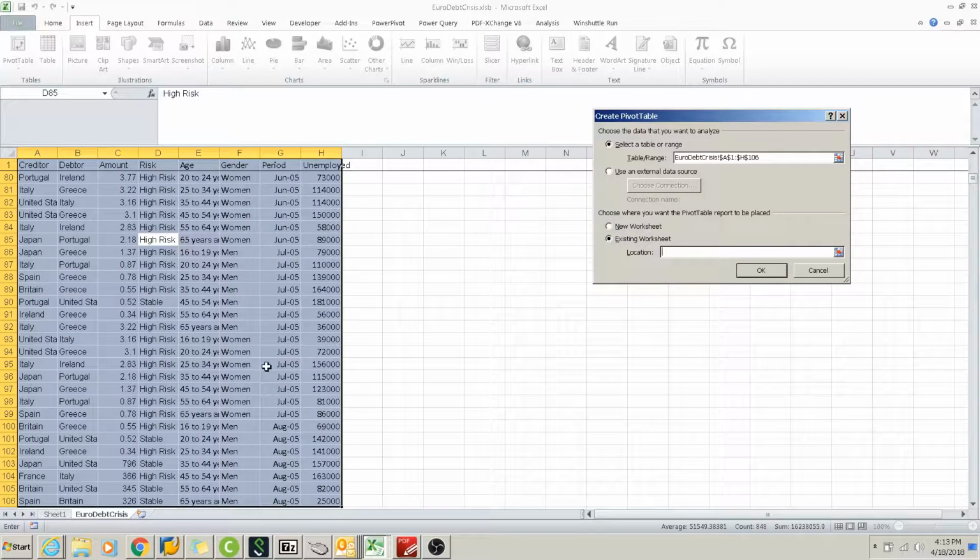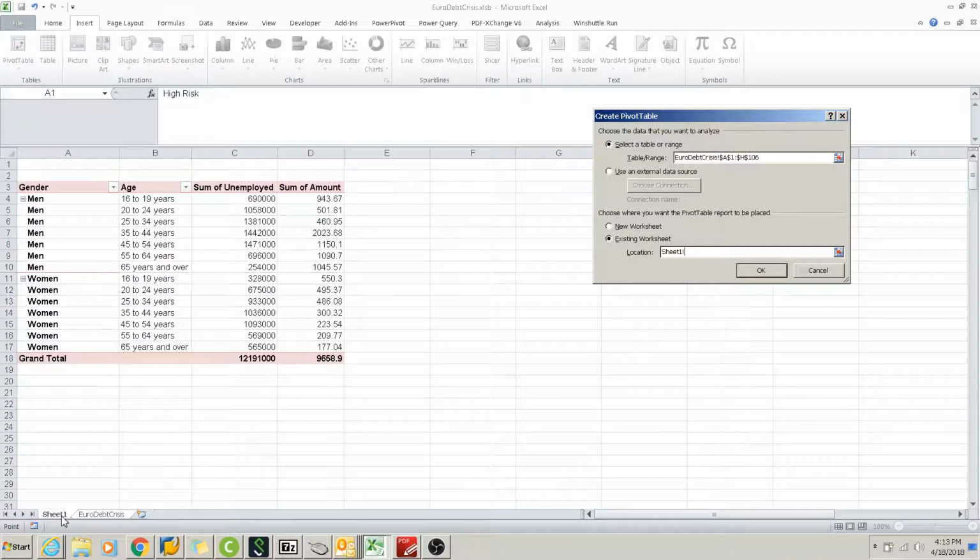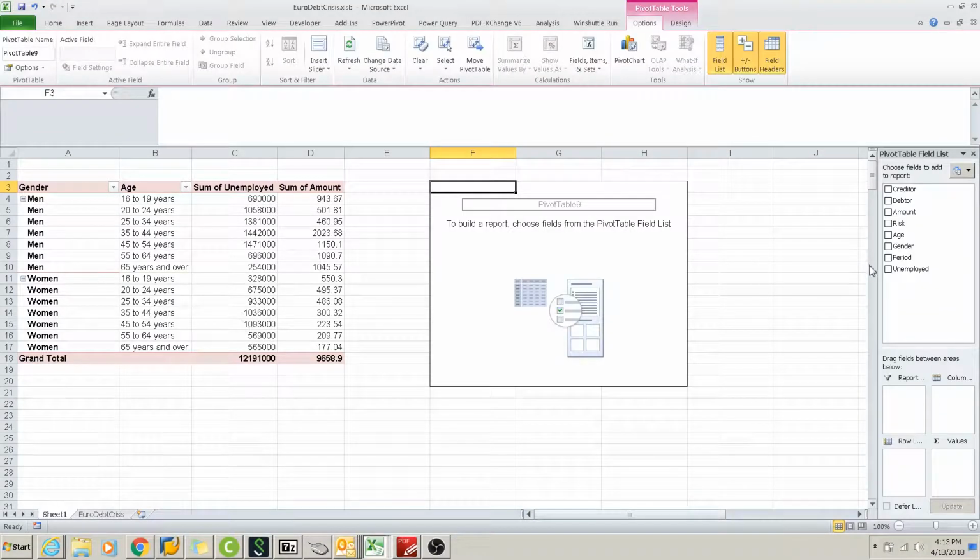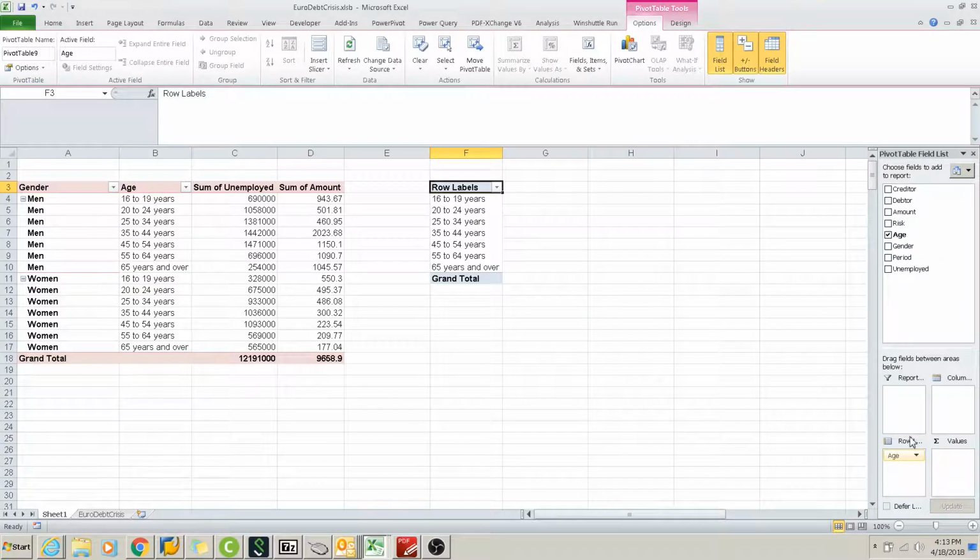Then click the location, come to the pivot table area, and click somewhere else you want. Just okay. And this time, we can create a different pivot table. So the age,